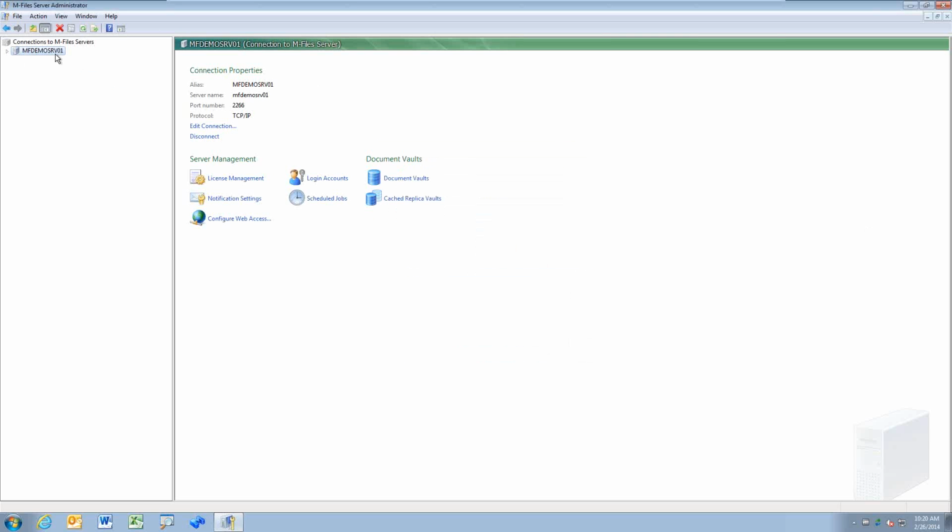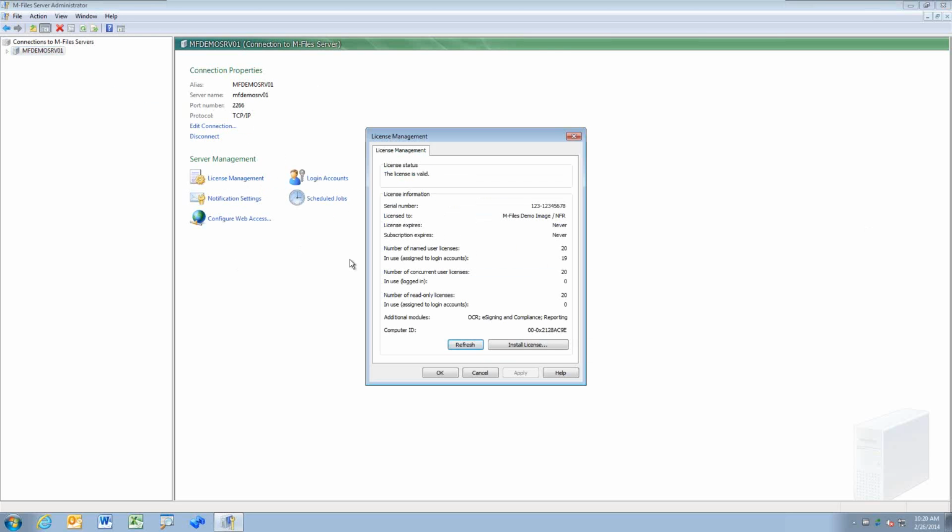Alright, so once you see the connection to the server and you click on that node, over here on the right hand side, you will see the various things that we need to start configuring for this new server. The first thing that we need to do is put a license in here. So if we click on license management, in this case you can see all the information about my license already